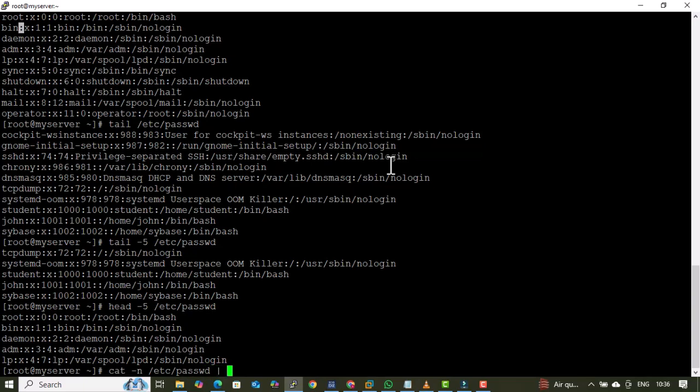Now we need to give the pipe sign. In Linux there is one special quality that it will use all of these operators in its environment. Every operator is useful in the Linux environment. Every symbol has a unique identity and work, and gives output differently.